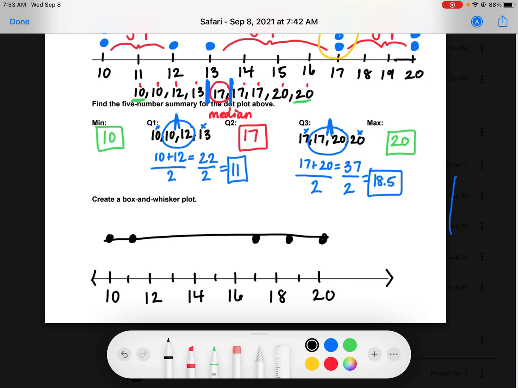And remember, our last step would be to put a box around our quartiles. So this is quartile 1 and quartile 2. I'm going to put a box around those. And then quartile 2 to quartile 3. I'm going to put a box around those. So this is our box and whisker plot. Remember, each section of the box and whisker plot represents 25% of the data. And that is it. All right, hopefully you did a good job. Remember, raise your hand and ask questions if you need extra